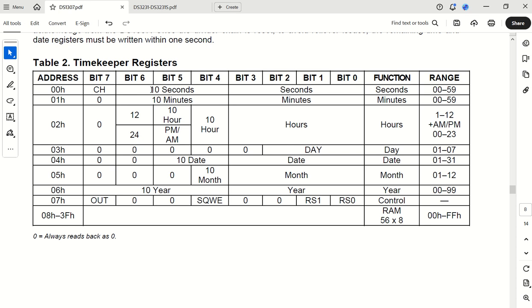We'll place 4 into bits 4, 5, and 6, which is actually bit 6 is going to be a 1, 0, 0. That's the 4, and I think I said 46, and 6 will be placed here. So there's going to be a high seconds and a low seconds. And the same with minutes: there's a high minutes and a low minutes. Again, the minutes run from 00 to 59.